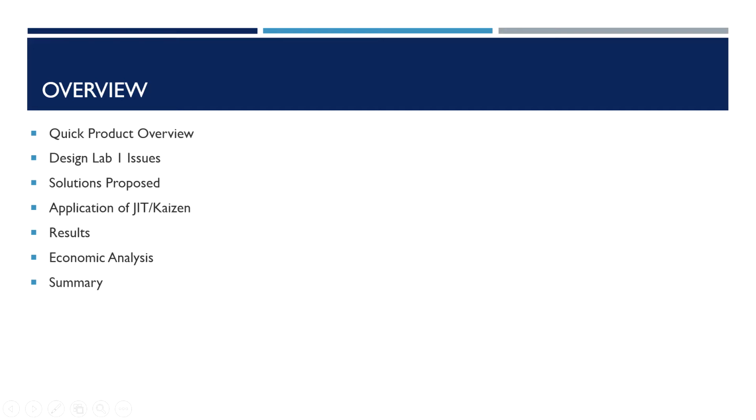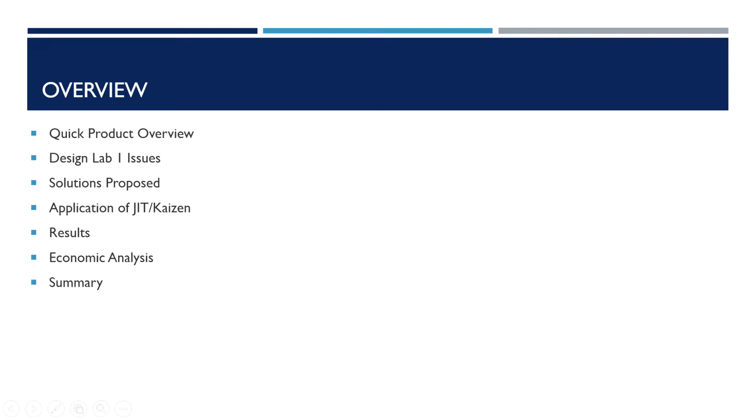The overview for our project consists of a quick product overview explaining the product in minor details, the Design Lab 1 issues we were faced with, the solutions we proposed for those issues, the application of a just-in-time and Kaizen analyses, the results we got from those analyses, an economic analysis from those results, and we also summarized our product